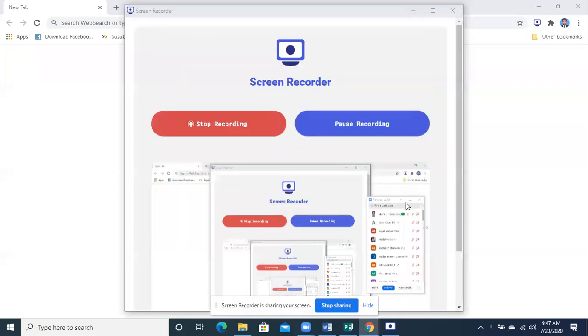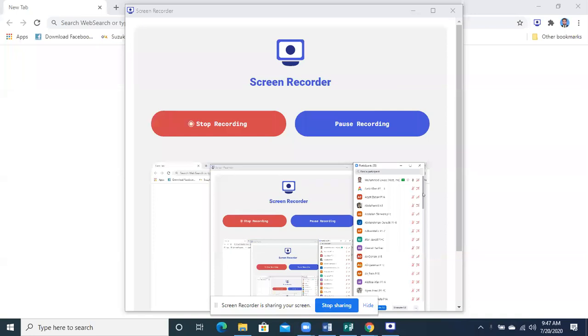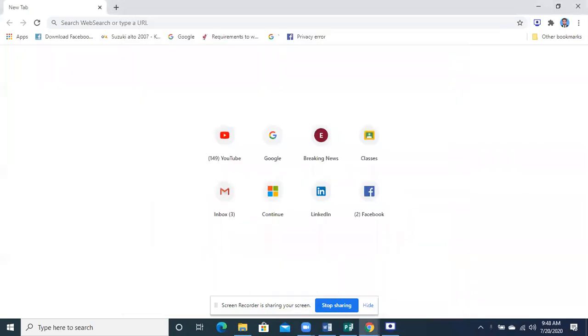So I am able to see over here different names of the students, and most of the students are with their names and with their classes.